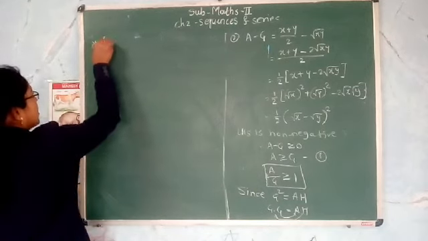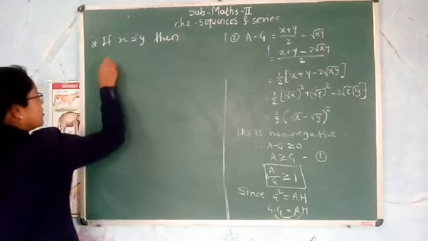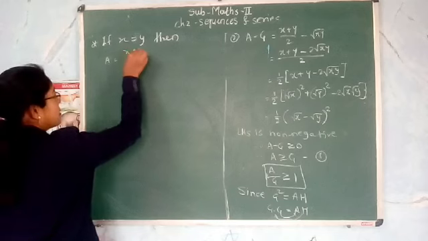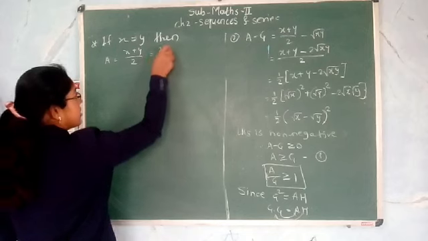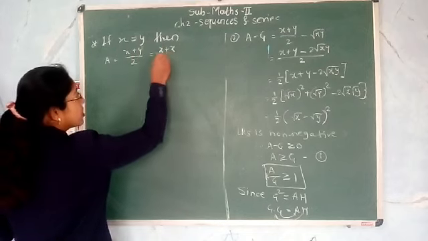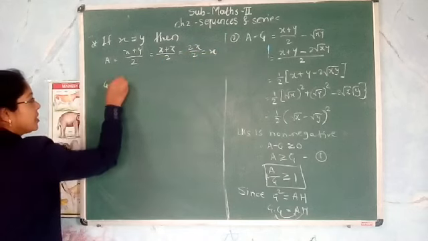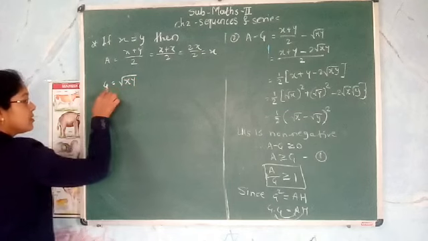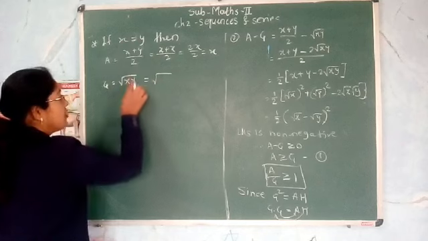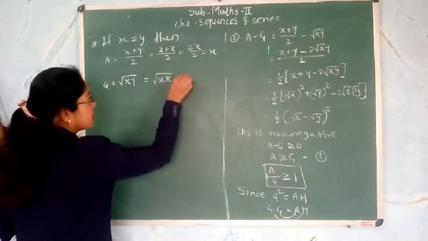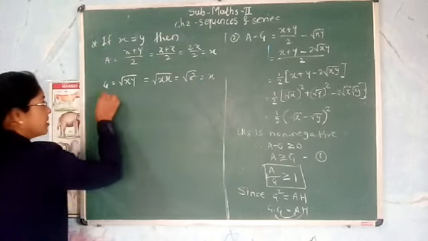Now one result असा आहे, if x is equal to y असेल, then arithmetic mean, arithmetic mean चा फॉर्म्युला x plus y upon 2 आहे. म्हणजे x is equal to y असेल तर x plus y ला x रिप्लेस करूया. So 2x upon 2 is equal to x, and geometric mean is under root of xy. So x is equal to y, so put y is equal to x. So this is under root of x square, square root and square get cancelled, so this is x.